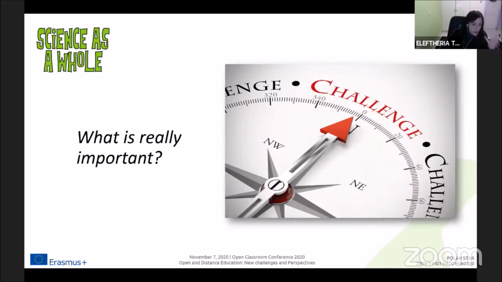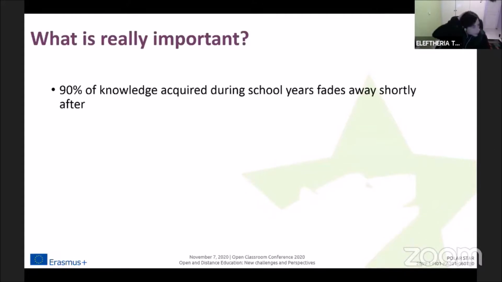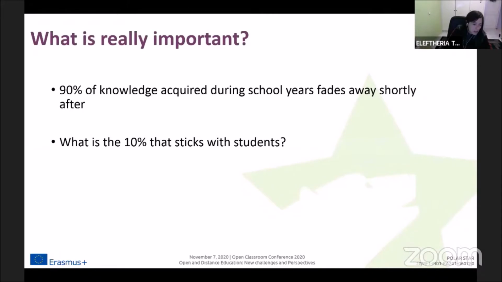And this question again also stems from overloaded curricula. So what is really important? Sadly enough, I think most of you will agree with me that over 90% of the knowledge that students acquire during their school life fades away shortly after. In the next 4 or 5 years, they have probably forgotten most of the facts of the things that they learned. And the 10% that usually sticks around is